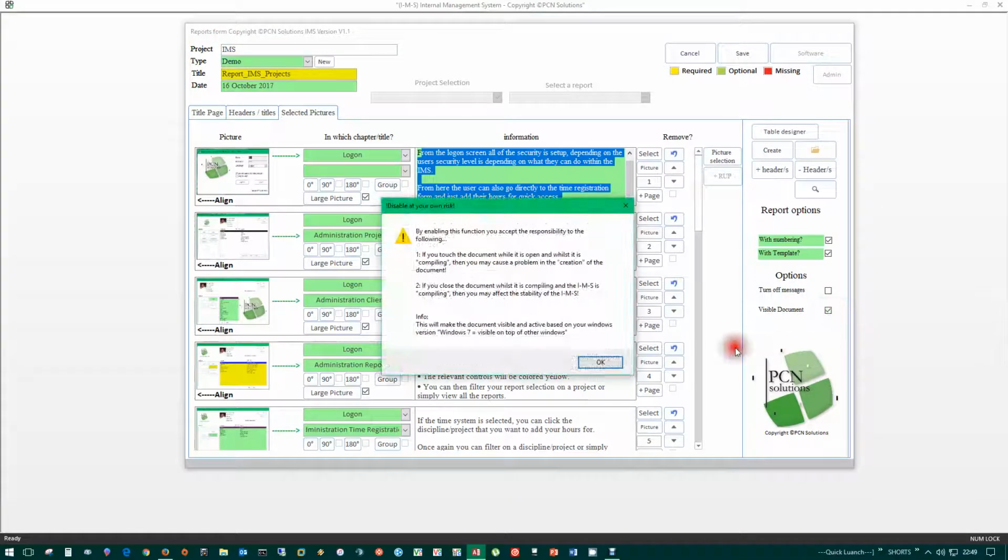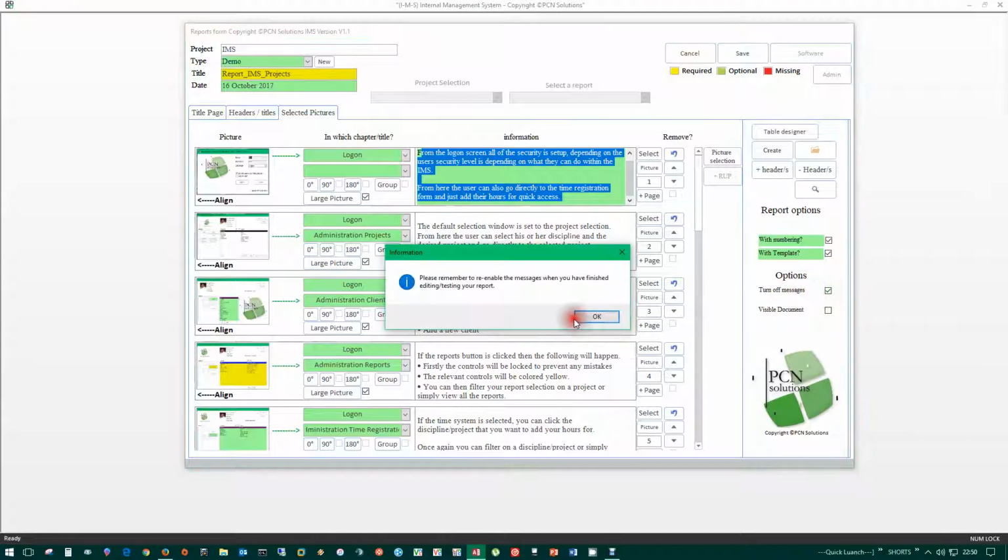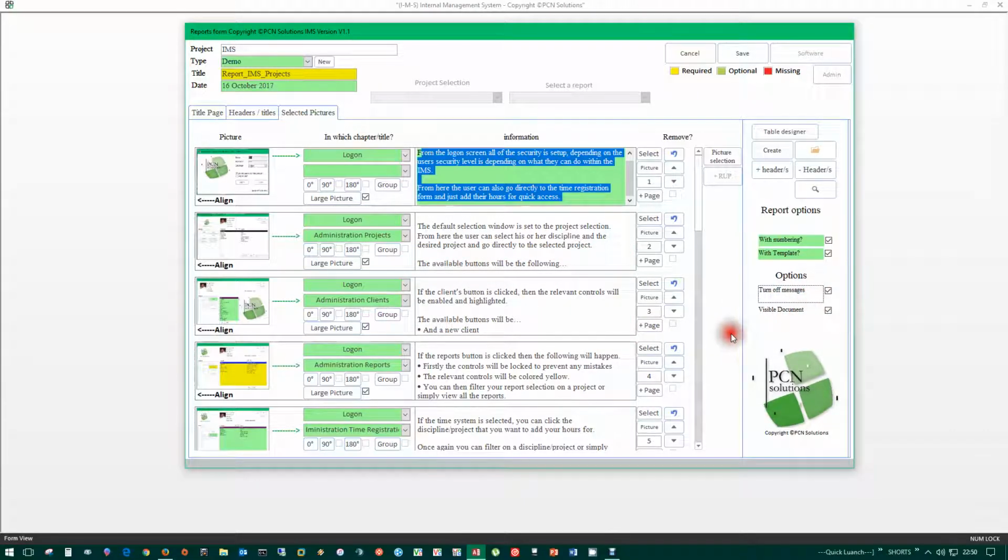Hence, if we click this button, you will then click this tick mark, and again, you will get this window, and it will just give you a brief description, so that you can accept the fact that you understand what will happen if you play with the report while it's compiling. I'm going to turn off all the messages. You can do this from the one button. I'll take them both off, and they will both become highlighted. Okay, now